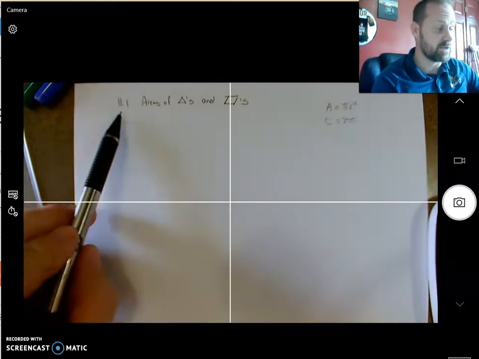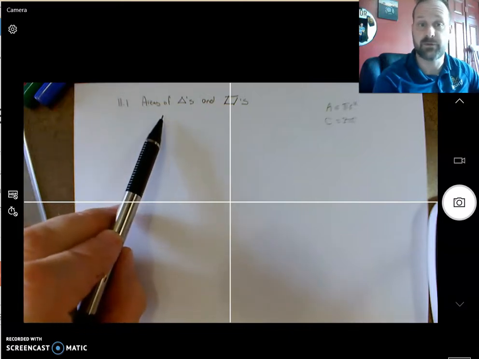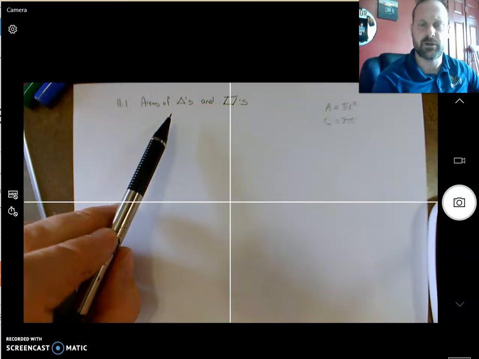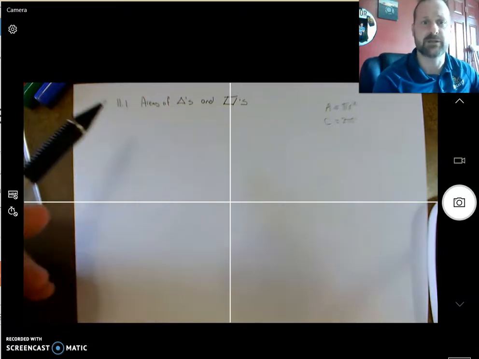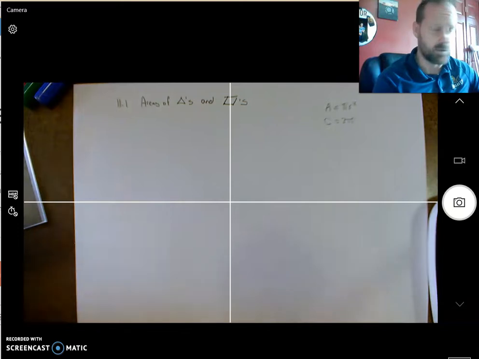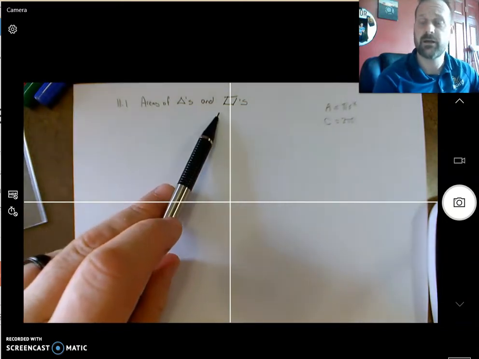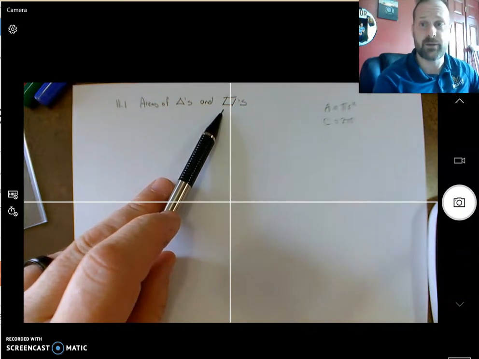So this chapter 11 is devoted to area and perimeter of many geometric figures, pretty much most of the figures we've learned. We're going to do some more challenging ones like hexagons and octagons, etc. So let's start with the two easy ones: areas of triangles and parallelograms. Now remember, a rectangle is a parallelogram. So